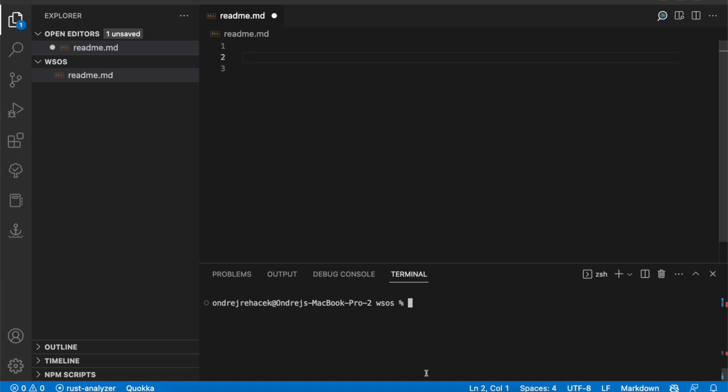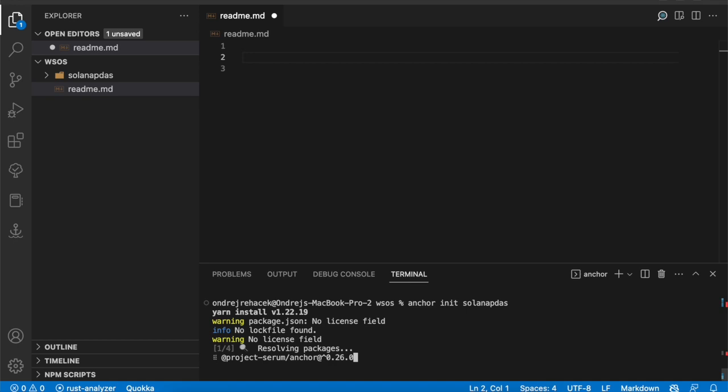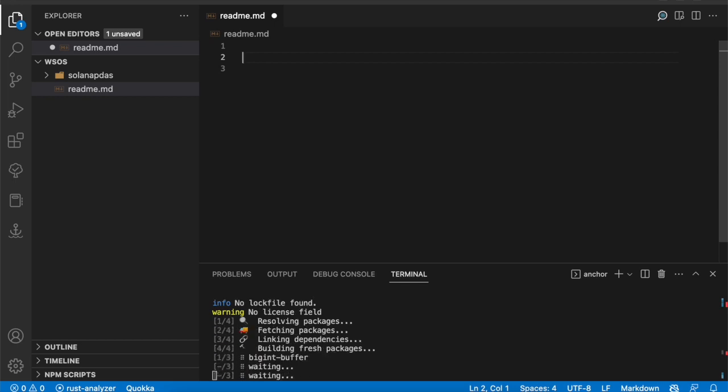So the process to create a Solana Anchor program is pretty much the same as last week. So let's just start with anchor init, and let's call it Solana PDAs. This will initialize a new project for us, and while the project is initializing, let's talk about what we are building today. So essentially we'll be having a really simple demo of how PDAs work,